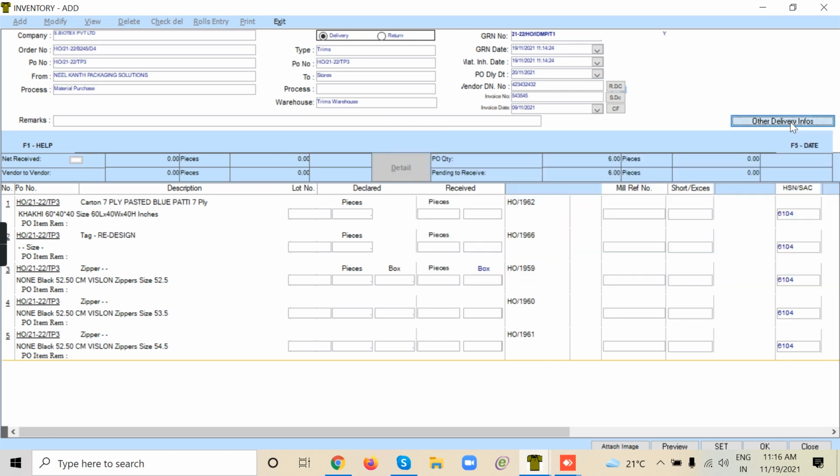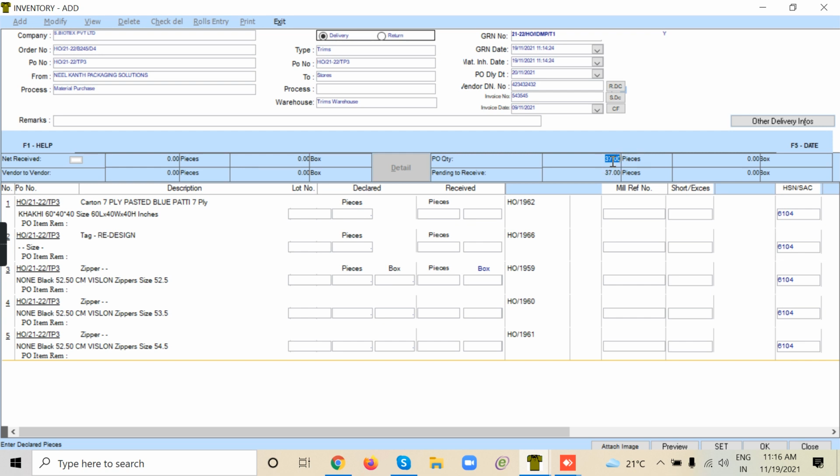Now, this is the items that you have ordered. You can see as I put the focus on this row, at the top you can see PO quantity. As per PO, I have ordered 6 pieces. How much I have to receive, pending to receive, again is 6 pieces. So when I put my focus on each of the rows, it will show the exact quantity which we have to receive.